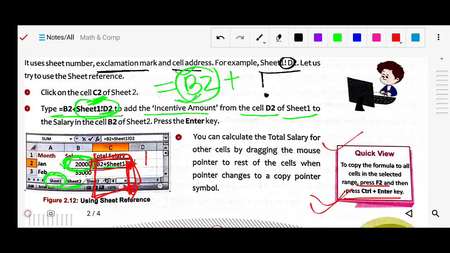Or simply select this cell, the dashed marquee line will be highlighted, bring your mouse cursor here, it will change to the plus sign, and drag it down. It will be copied up to where you want. Or simply double click on the plus sign with the mouse, and up to where the data is there, that formula will be automatically copied. So that is another method also.